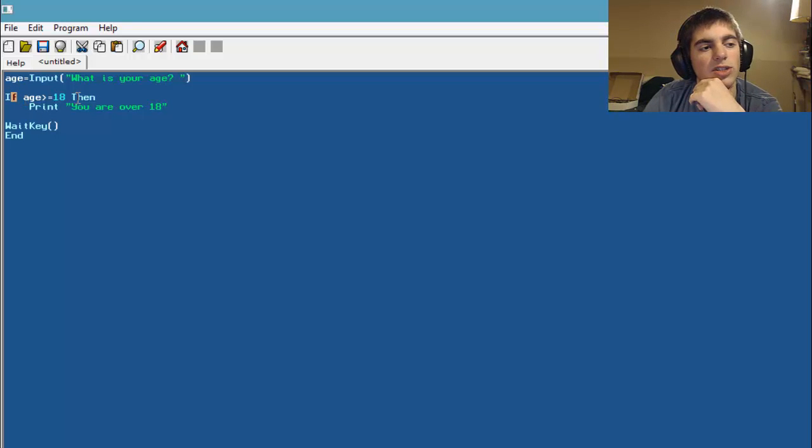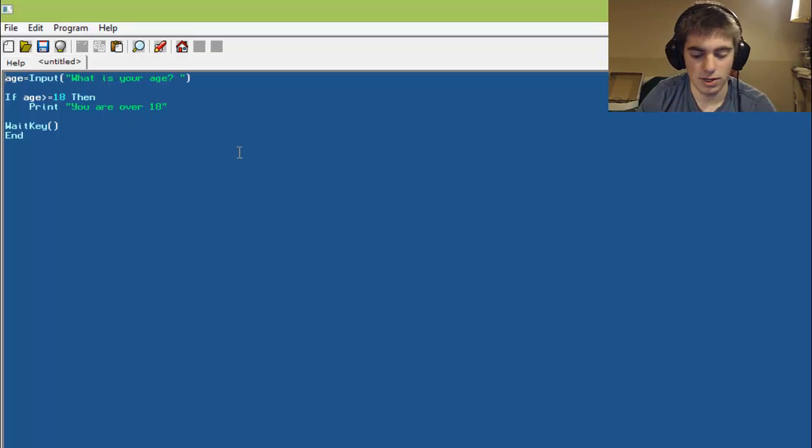So what's happening here is I have my if statement, and it looks if age is greater or equal to 18, and then right here I say Then. This is basically putting in something like pseudocode, the then part of it. Pseudocode is something that looks a lot more comparable to human language than to programming. So if I wanted to get user input, the pseudocode for this would be, I'll just add it to comments: